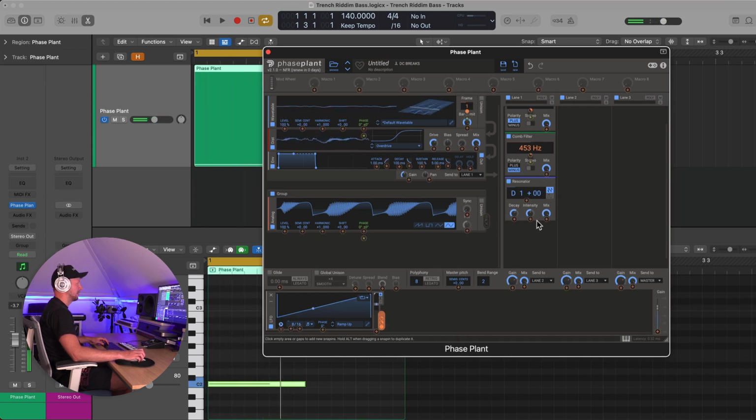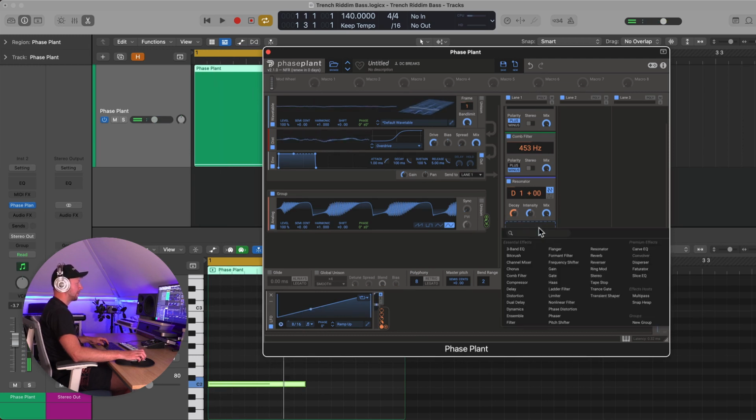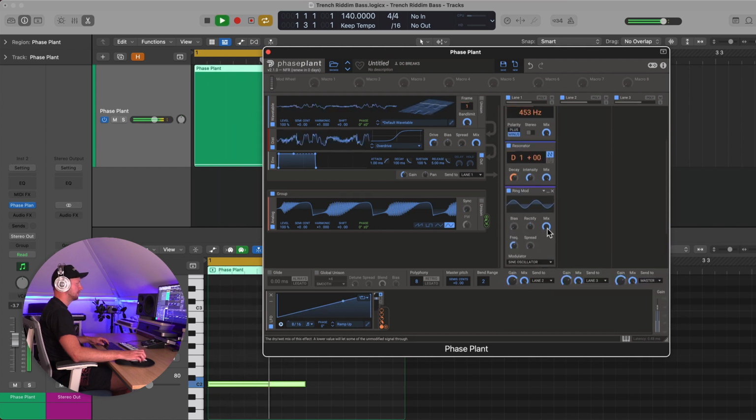And again, using our same LFO to maybe add in a bit of movement to this resonator. Something like that. What else can we add in here? Let me see. Possibly like some ring modulation as well. So just picking one or two parameters and using the same LFO to just get a little bit of movement